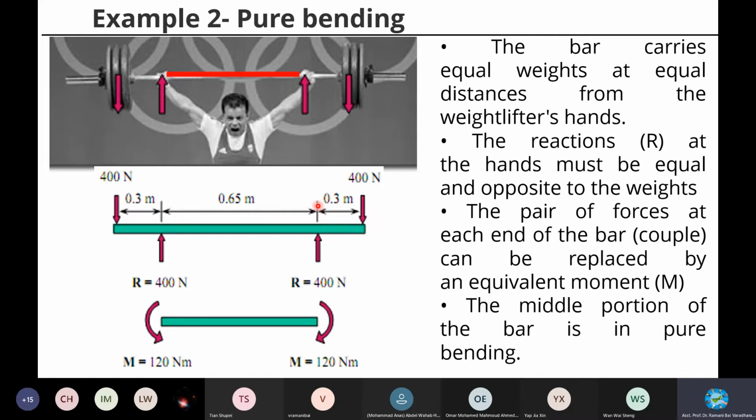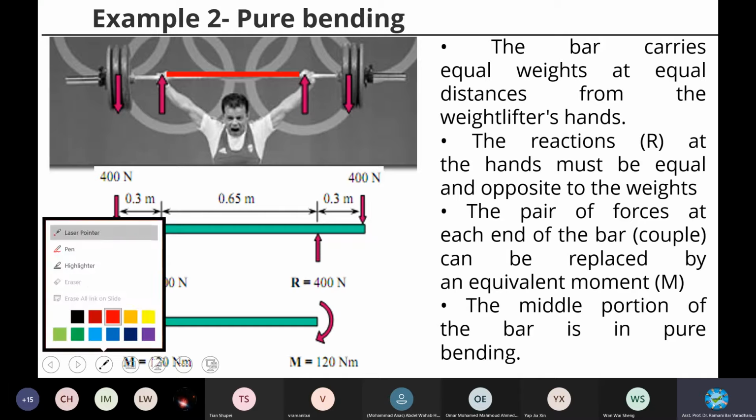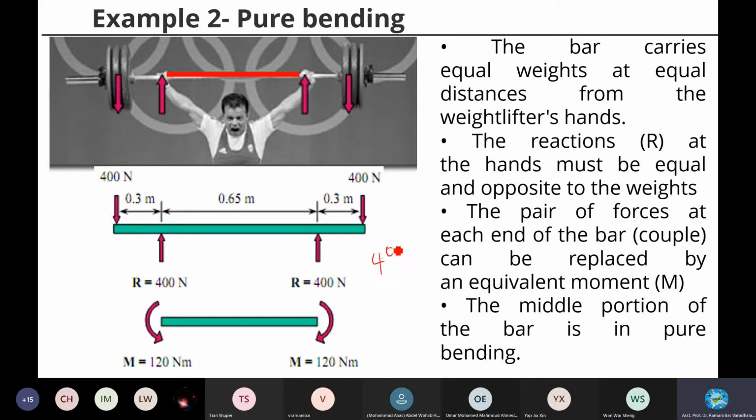If you calculate the moment at this point, 400 into 0.3 is 120 newton meter. So the same thing can be applied in terms of a couple at this point, and a couple at this point,